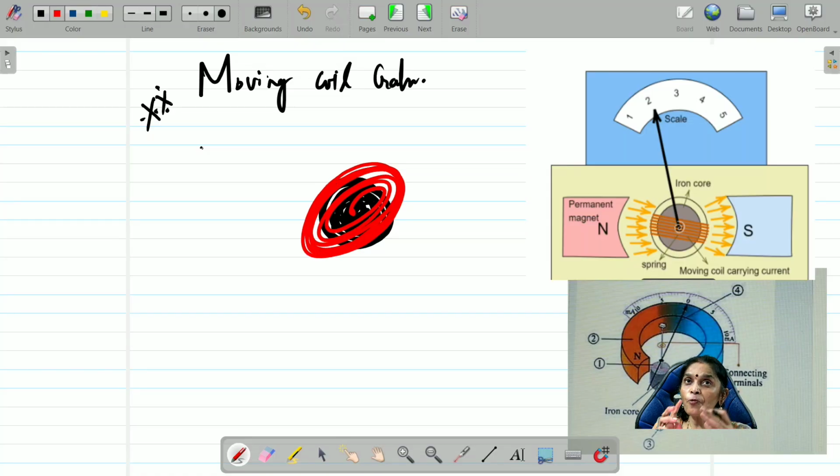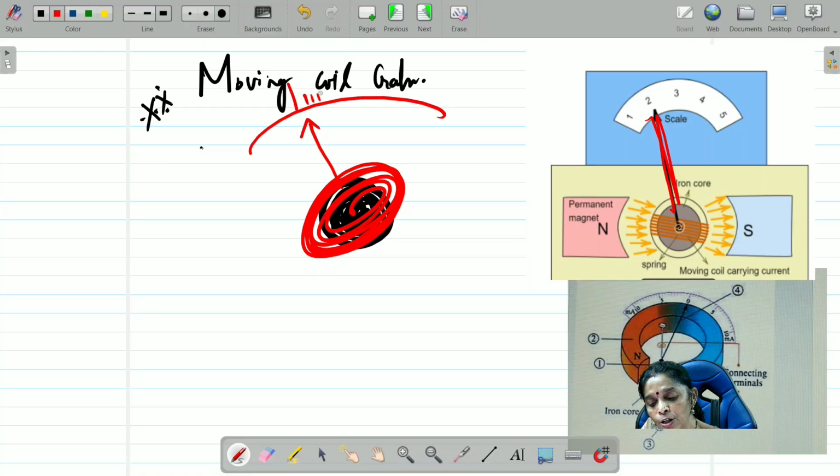But I wanted to find out how much torque is produced, right? So for that, I am going to use a pointer here. A pointer in a scale arrangement is attached in order to find out how much torque is being produced. When you pass current through the coil, the torque is produced, so it will move either towards the left or towards the right depending upon the direction. But it is very bulky. I want to bring it back to the original position. When you switch off the fan, children, does it come back to the original position very soon? No, right? It takes some time because of the inertia.